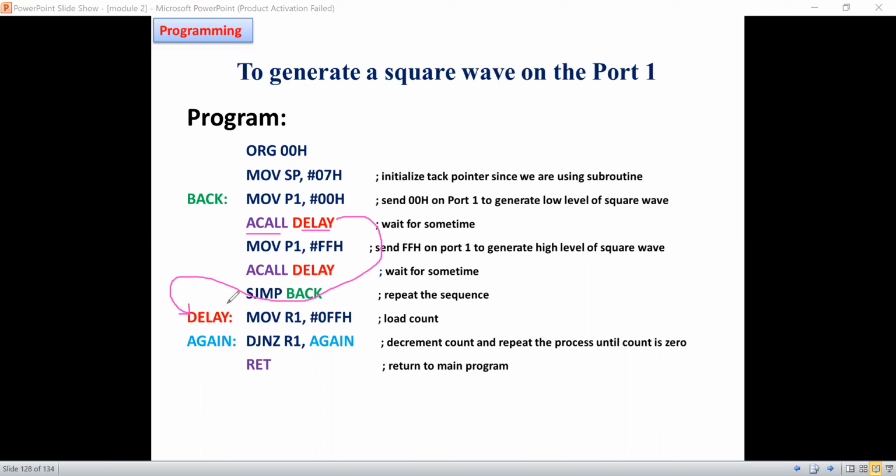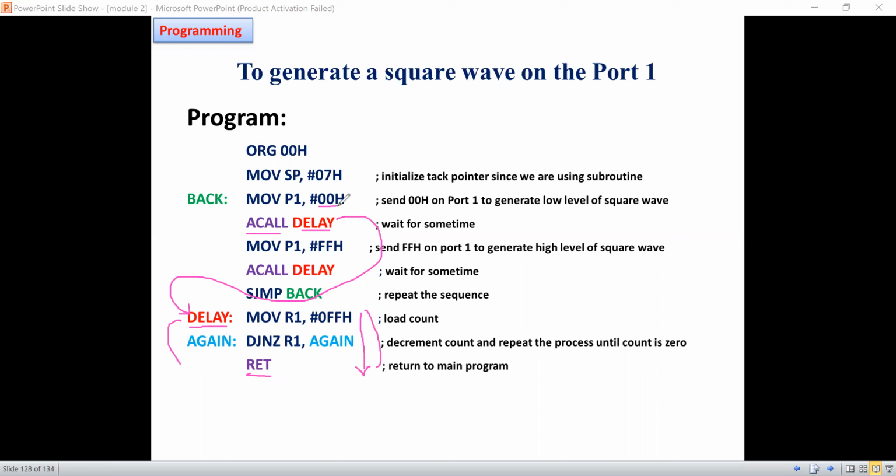Delay is the label, nothing but the address. The controller will move to that particular address and start to execute this program. A subprogram should always end with a return instruction.